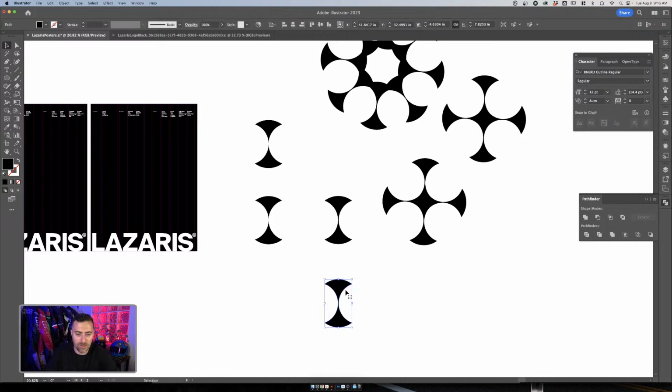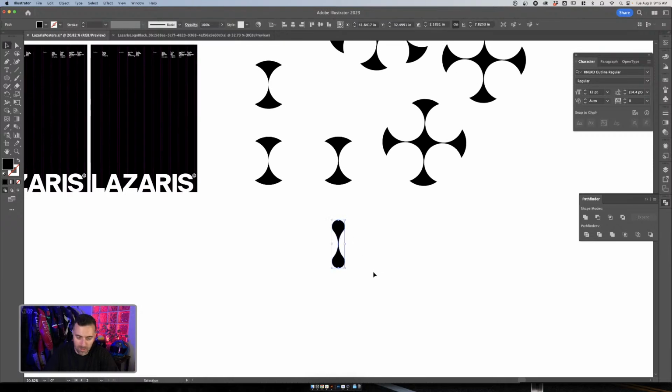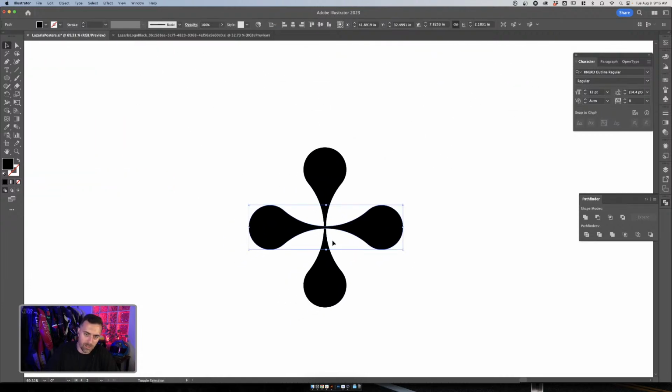I think it's maybe a little bit too aggressive. Let's see. If I just take the corners and start playing with it like that, maybe that's better. So what I just did there was I took the corner anchor tool and I've just kind of slowly pulled those in.